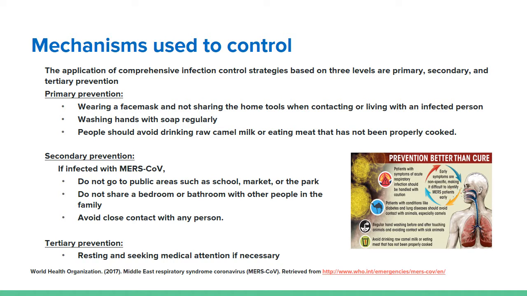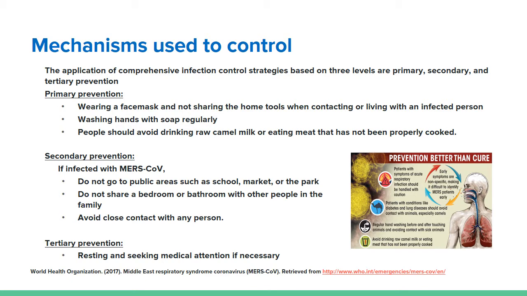Mechanism used to control. Prophylactic measures to prevent the MERS-CoV from extending over a wide-reaching area depend on knowledge of the risk of contamination, including the possibility of MERS-CoV infection for an infected person, caregivers, and the family members of the infected. The application of a comprehensive infection control strategy is based on three levels: primary, secondary, and tertiary